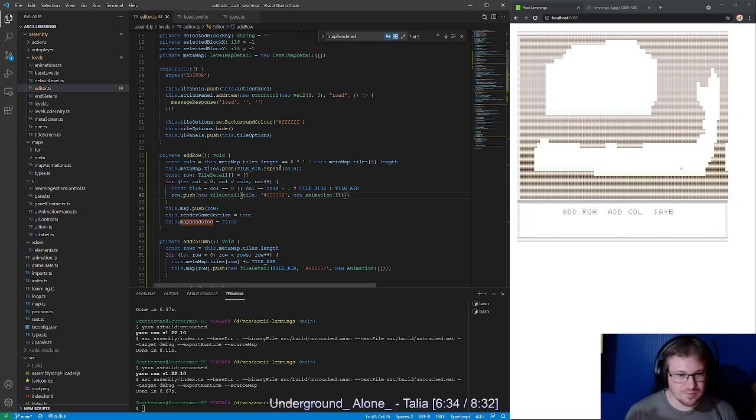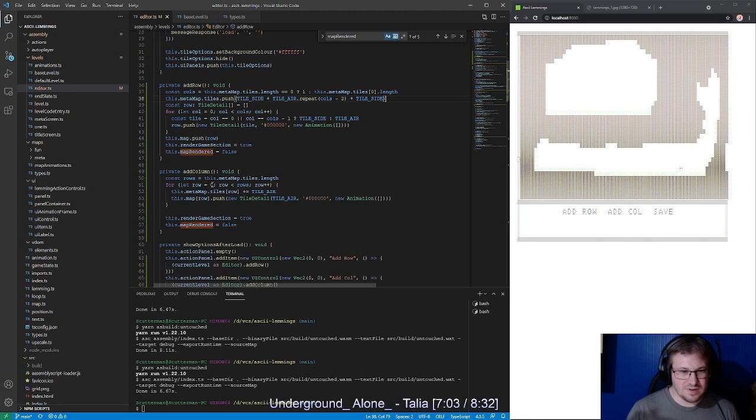And here we need to do cols -2, and tile side goes onto either edge. That's the row done. The column,